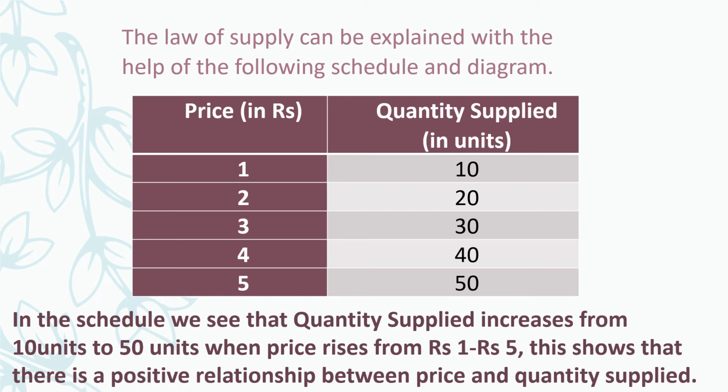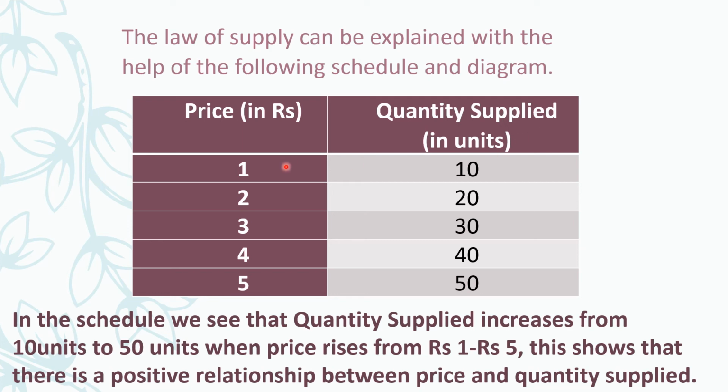The law of supply can be explained with the help of the following schedule. Here we have a tabular representation of supply. The various amounts of quantity supplied at various possible prices are listed in this table. Together it comprises supply. But when we express the quantity supplied at a particular price, we say it is the quantity supplied.